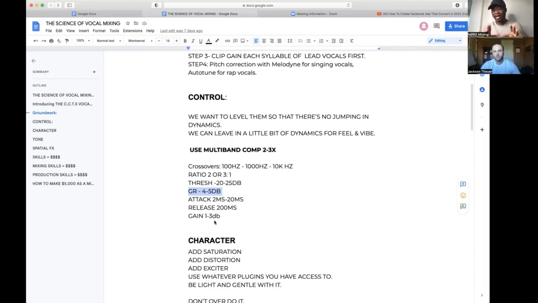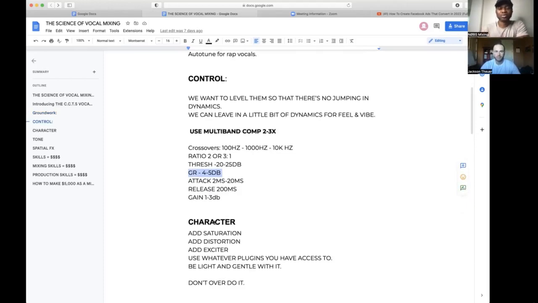If I don't get that after two multiband compressors, this is what I do. I'm gonna use a single band compressor to add to the whole chain. If that doesn't work, I add a third multiband compressor. That way we have maximum control.